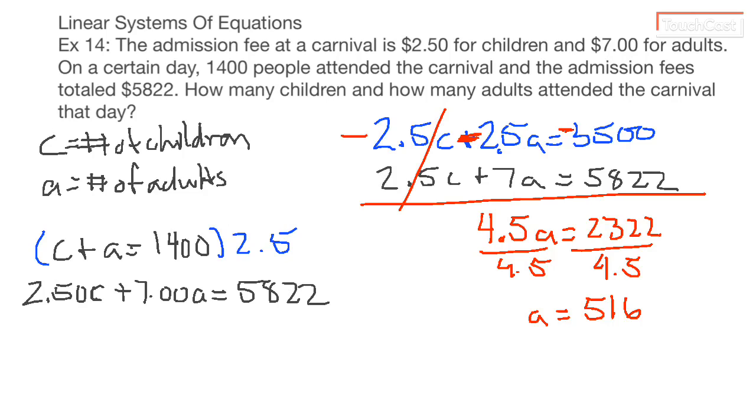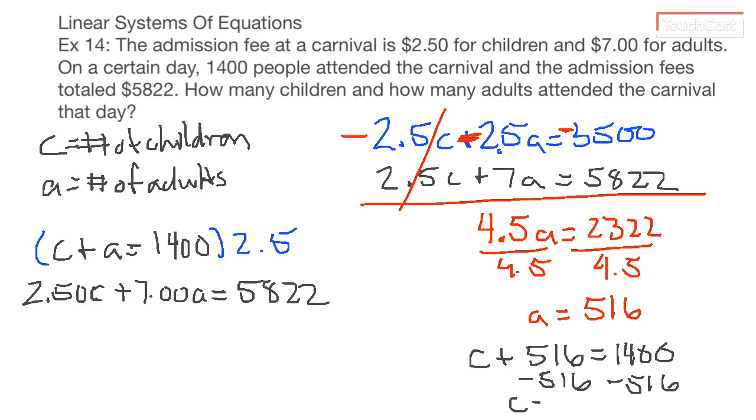So A is going to equal 516. Now what we know from our equations we set up, if we go C plus A, so C plus 516, that should equal 1,400. So if we subtract by 516, we can find that the number of children in attendance was